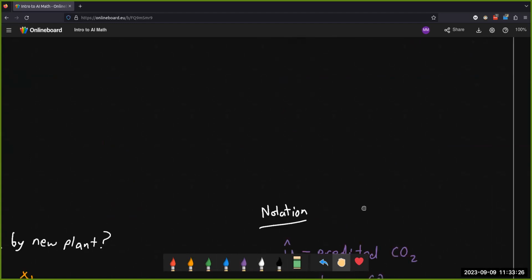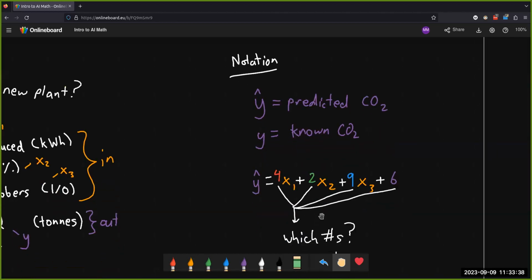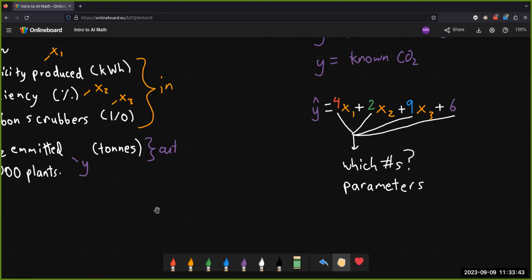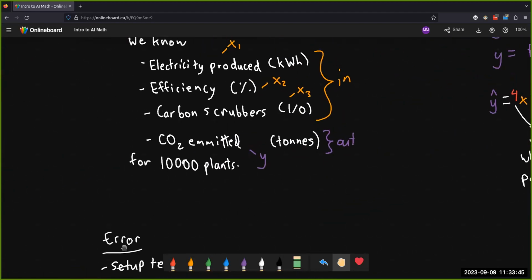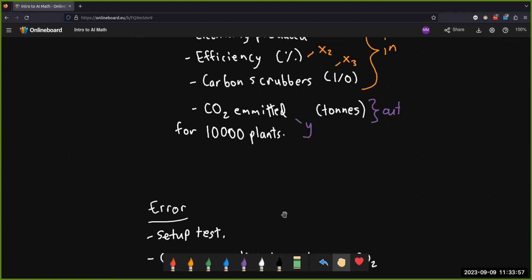So if it has done this, then the error of the AI algorithm is going to be low. It's doing the job well. If it hasn't done it, it's going to be high. It has a high error because it's not chosen good parameters. It's predicting very random CO2 values. So to measure the error of an AI algorithm, we need to create an error function. We need to create another math equation that will tell us, has our AI algorithm done a good job or not? Can we start using it in the real world?